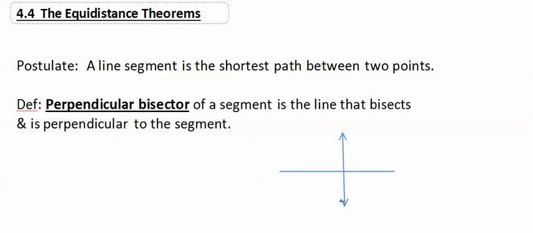Today we're going to talk about the equidistance theorems. But before we get to those theorems, we're going to talk about a couple of definitions and postulates. The first postulate we're going to talk about is that a line segment is the shortest path between 2 points. This may be something you've heard before in a previous math class such as algebra or maybe even back in